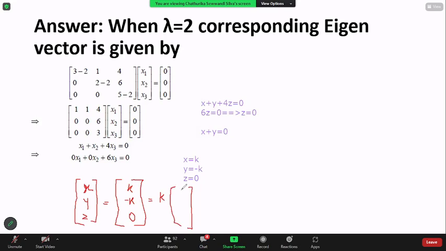If we take k out, what is the first value here? The x value, 1. Next value? Minus 1. Finally 0. So then the eigenvector corresponding to lambda equals 2 is